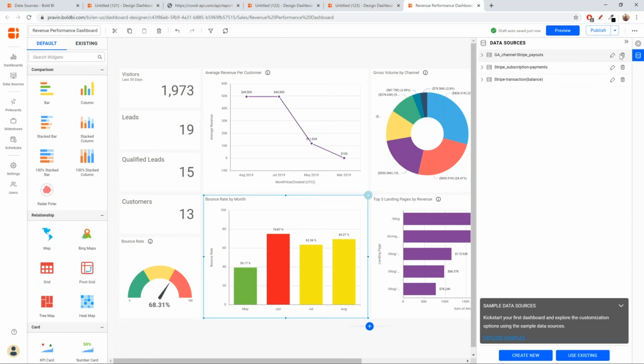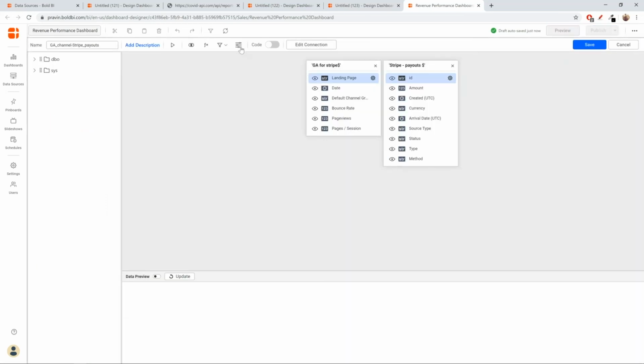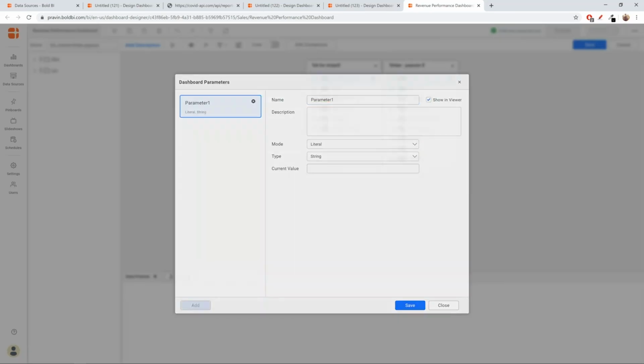Okay. So again, I'll go to the data source that I have and create a parameter. I'll name this bounce threshold, and I'll choose the literal value again and a number range. So instead of single, I'll go for range, and the default value will be 40 to 60.